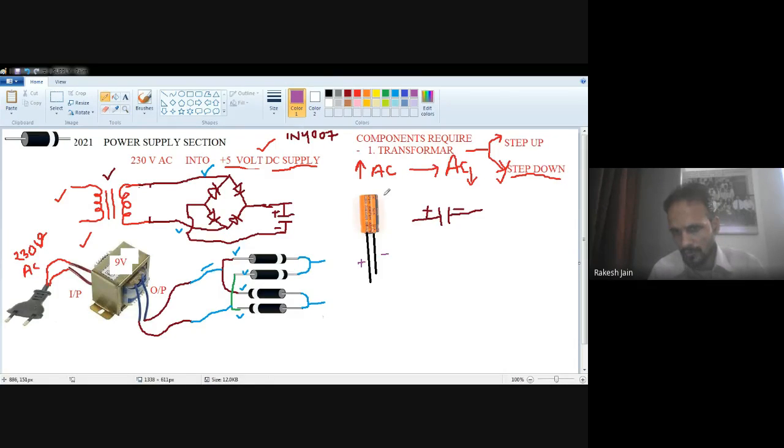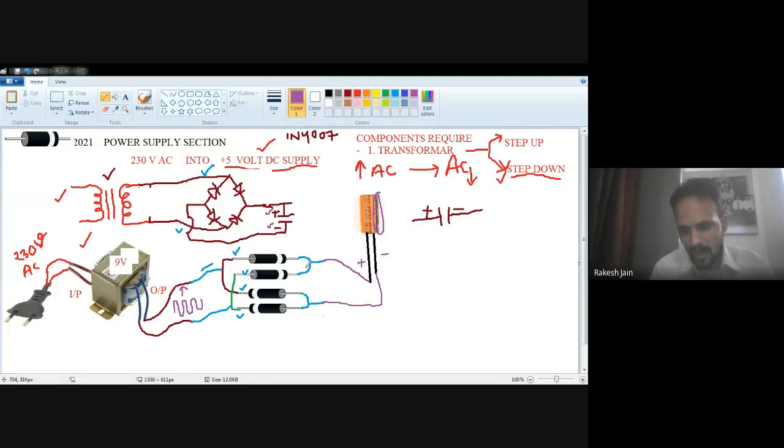Otherwise, on the body of the capacitor, if you see carefully, minus is mentioned. So the minus terminal is mentioned. It means the upper side is, the second side is the plus terminal. So you should connect the plus with the upper side and minus with the lower side. So I have to connect with the help of a wire the plus with the upper side and the minus with the lower side. Now after this, see very carefully, it will pass through the rectifier. So definitely here at the input side, at the output of the transformer, an AC signal was there.